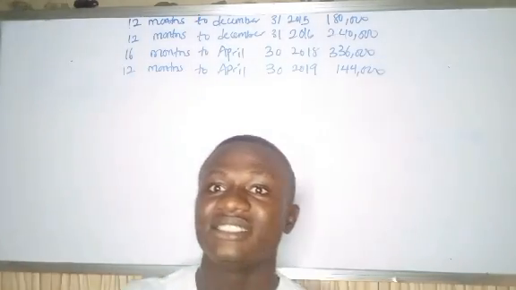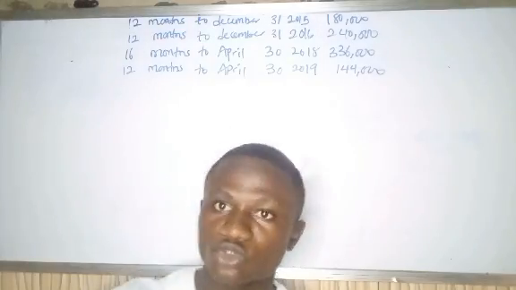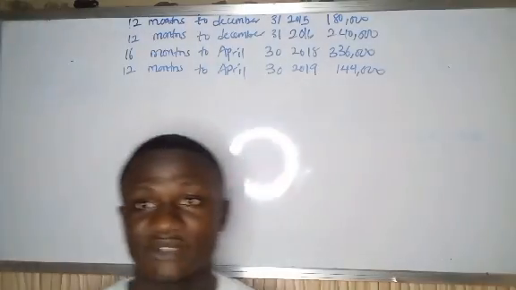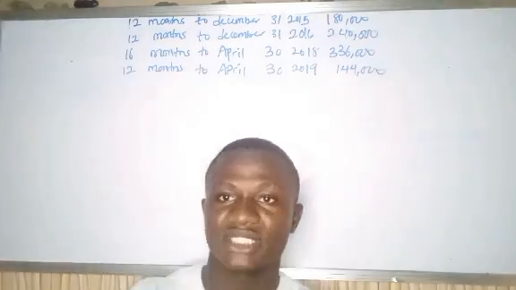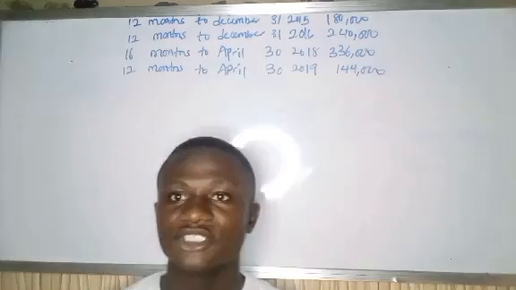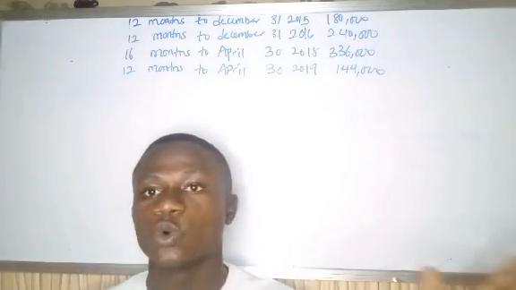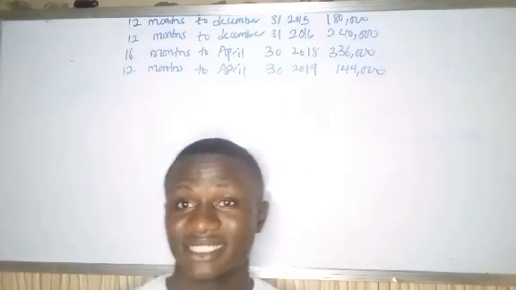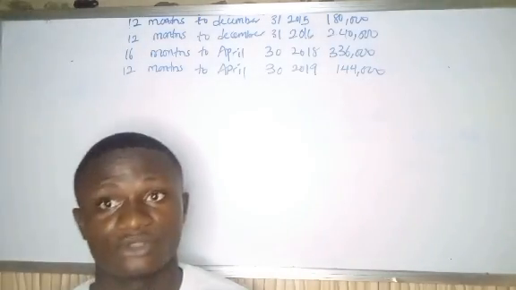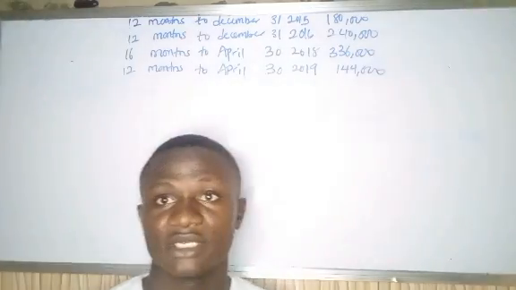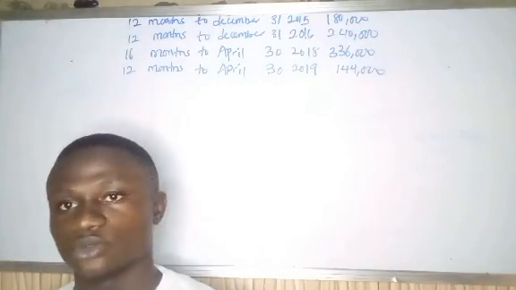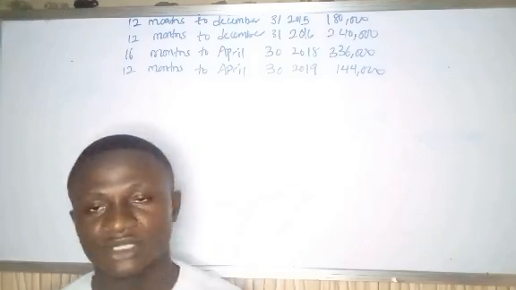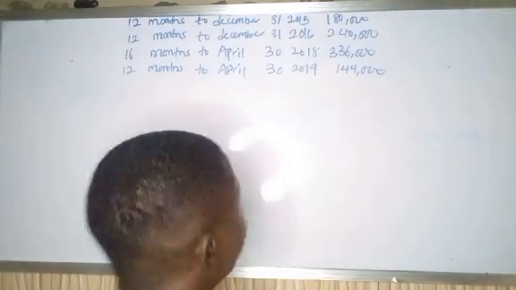So the rule says that the year the issue began plus 2 more years. The issue began in 2017, so 2017, 2018, 2019. Then you compute the tax using the old, compute the tax using the new, then take the one that gives the highest assessable profit. So that is what we want to do. We compute the tax using the old from 2017 to 2019, then compute the tax using the new from 2017 to 2019. So let's go.